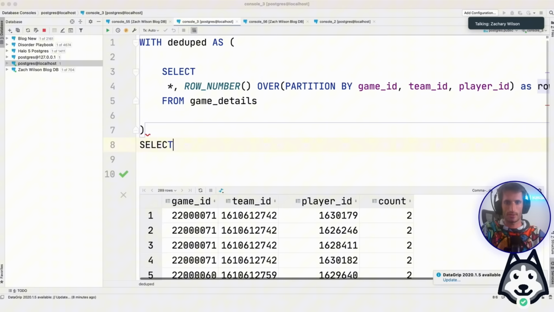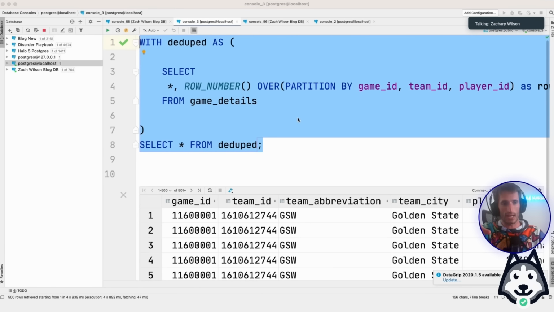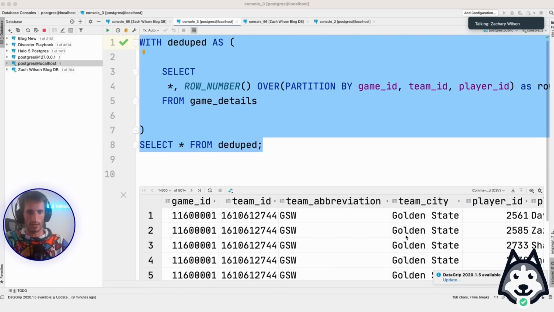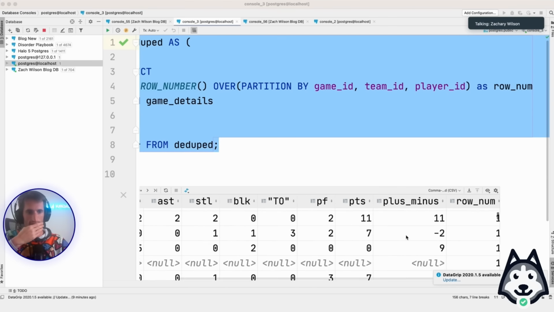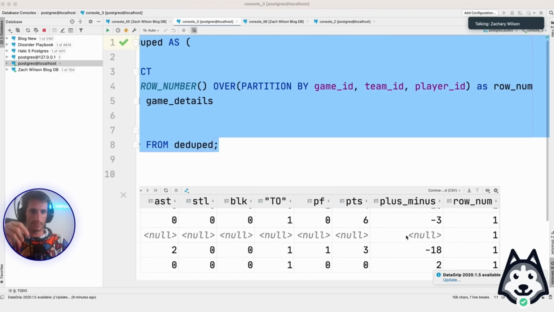And then what I want to do here is I'm going to say select star from deduped. So this will give us all the same columns as the last table. But now we're going to have this nice little row num feature as well. So at the very end here, you'll see row num. And row num in this case is